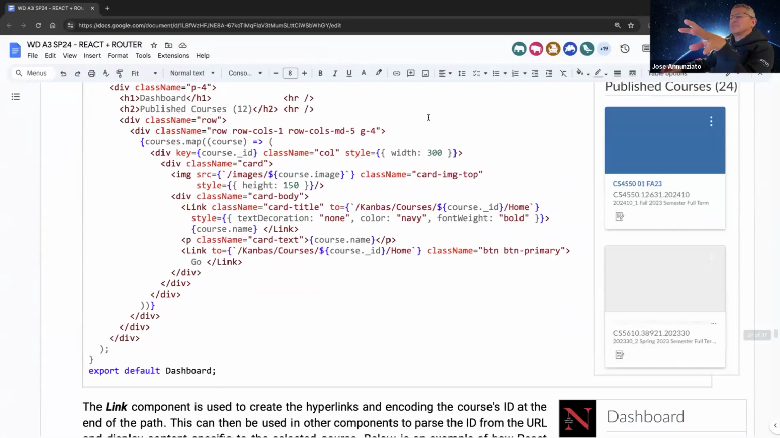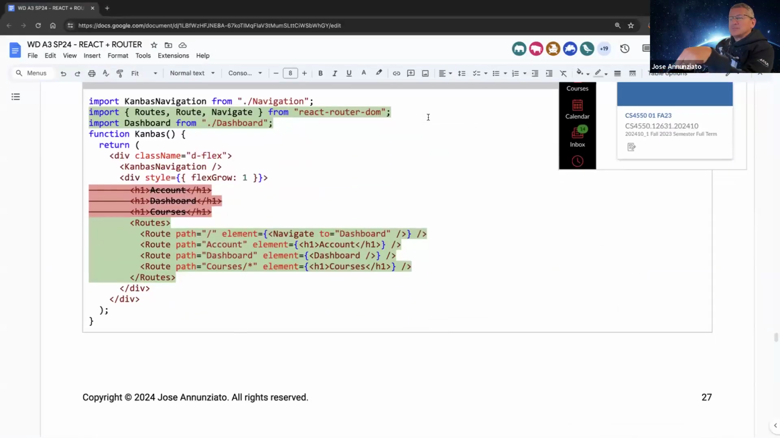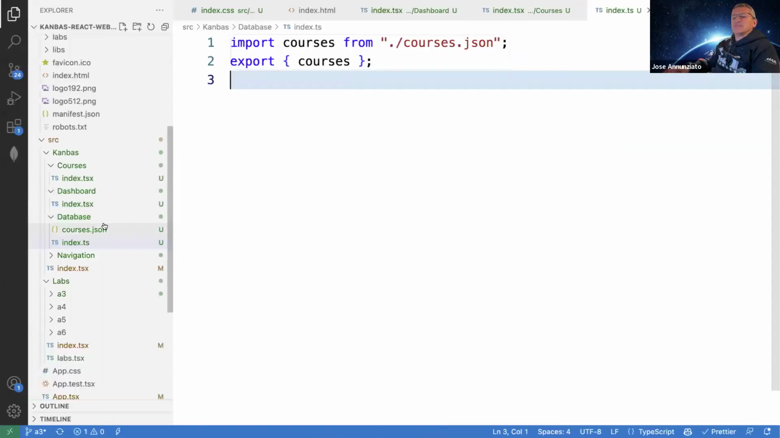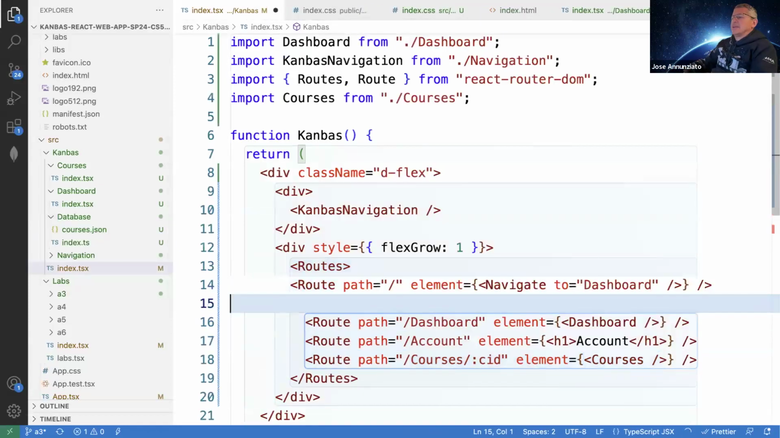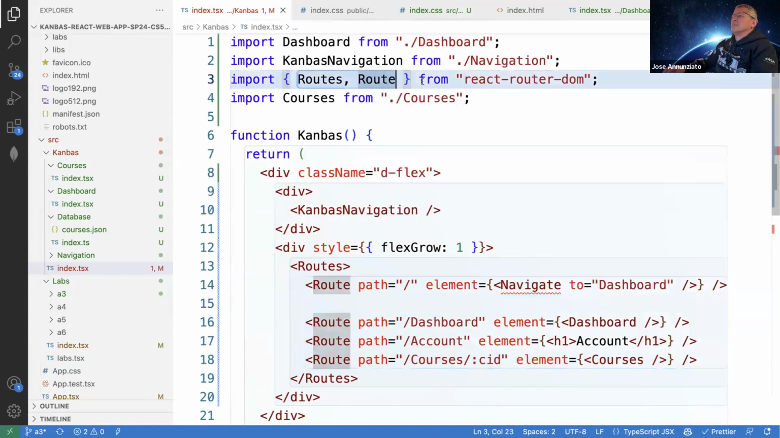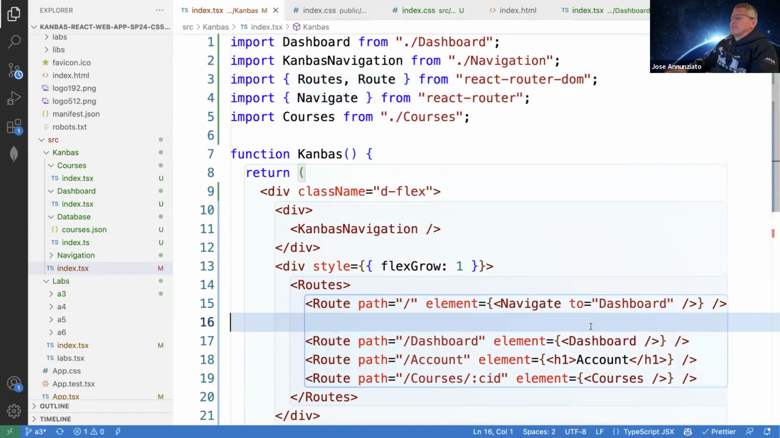We did the dashboard, and we created the routes. And we also made, okay, so we want to make the dashboard default. So in the index here, we're going to add a navigate. I think it's here. Navigate. Oh, maybe not. Navigate. Right. So by default,